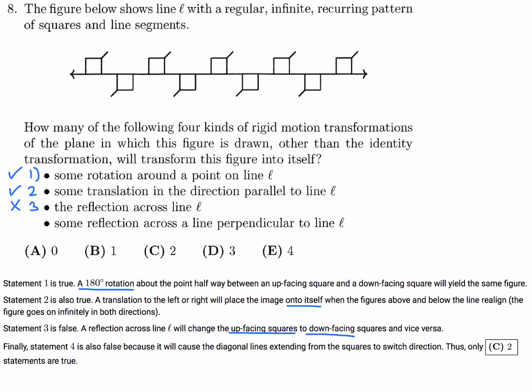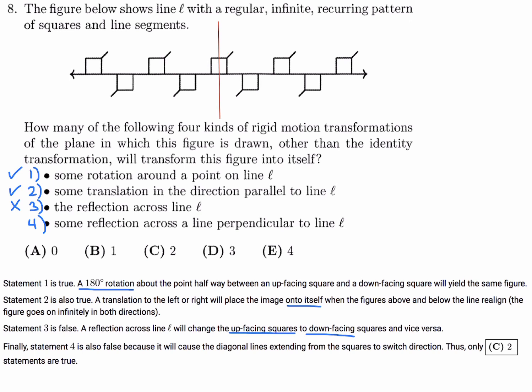That one doesn't work. Okay, so the last one is 4, some reflection across a line perpendicular to y. So now what they're saying is that the mirror is like this, right down the middle. And at first you might think, yeah, it seems like the squares would be fine. And the answer is yes, the squares would be fine, but notice what happens to these little,